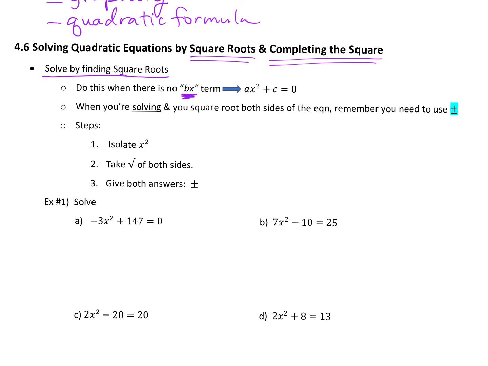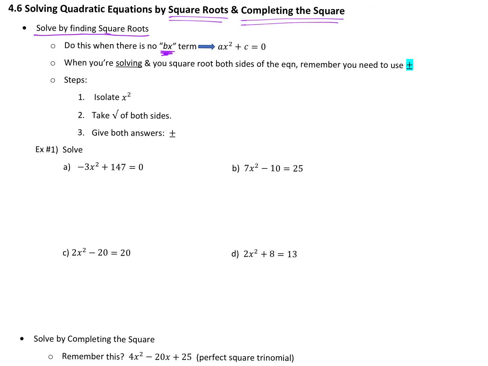So what you need to do when you're solving using square roots, you're going to square root both sides of your equation. And then just make sure when you take the square root of something, your answer should be the positive version of it and the negative version of it. Here's why. If I take the square root of 16, that could be that I did -4 times -4, or it could be that I did +4 times +4 to get 16, right? So we need to make sure that we give both the positive and the negative as our answer,